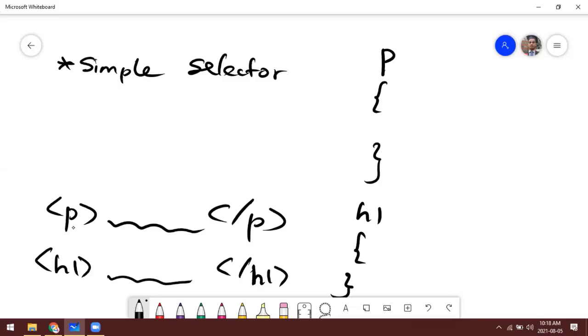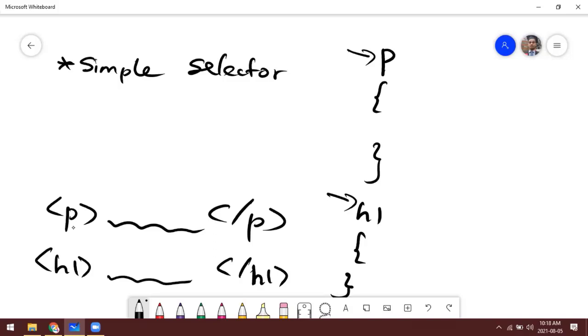If there is a standard HTML element, for example paragraph, H1 to H6 tags, table, image, and so on, those are default HTML tags. It has a meaning, so in that case you can simply refer to it. This is the simple selector.